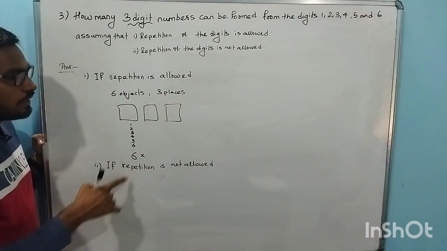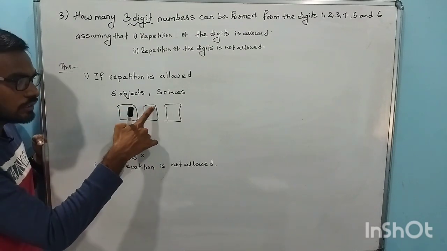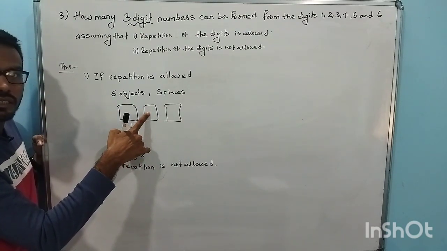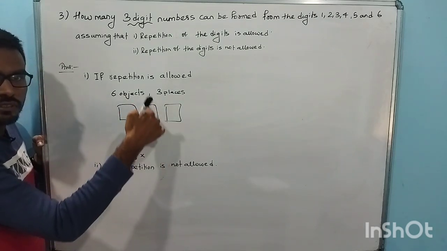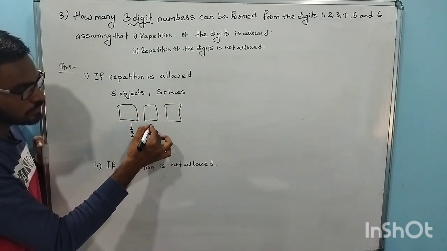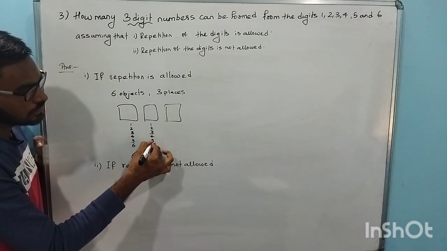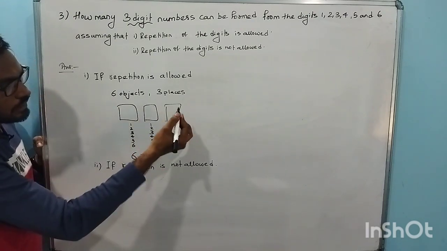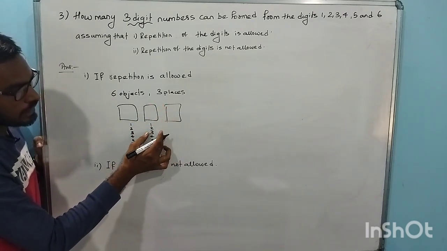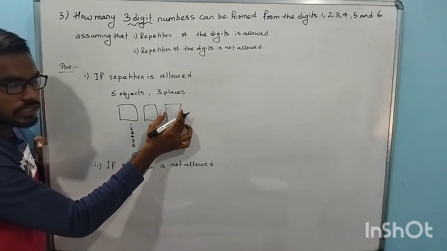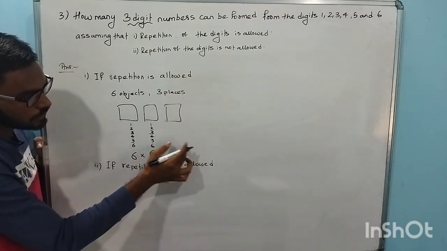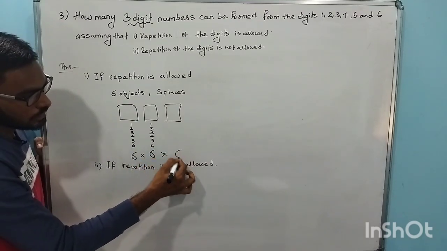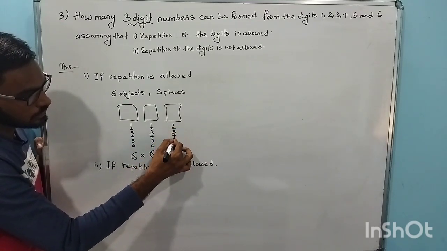Okay, for example, if you have selected 6 here, here also I can select 6. If I selected 6 here, I can select 1, 2, 3, 4, 5, 6, any one of those. So 6 ways are there for this also, out of all 6. And even for the third place, if I selected for example 3, then here also I can select 3, or here I can select any one from 1 to 6. So here also there are 6 possible ways.